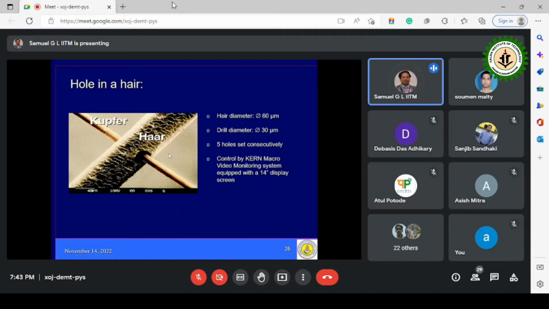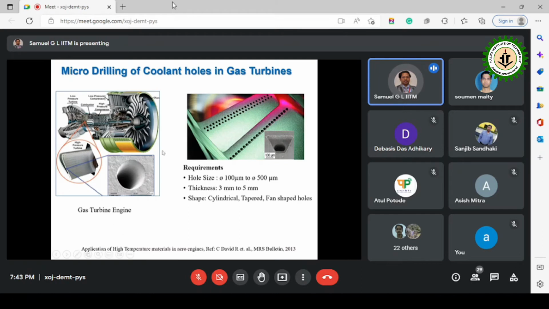So you may ask, what is the application? It is a technology demonstration which is possible these days. And actually, everyone is familiar with jet engines. A jet engine is one of the most complicated products which have been developed by engineers in history. It is the most complicated one, and the reliability we are looking for is the highest. Why? Because if it fails, so many lives will be at stake.